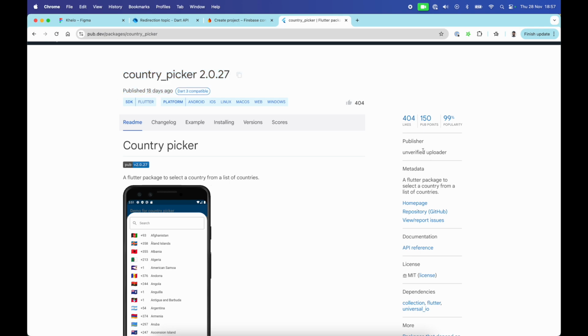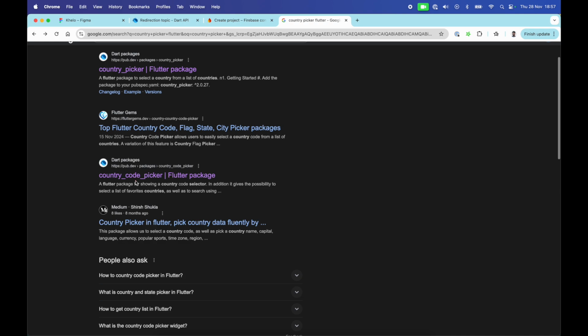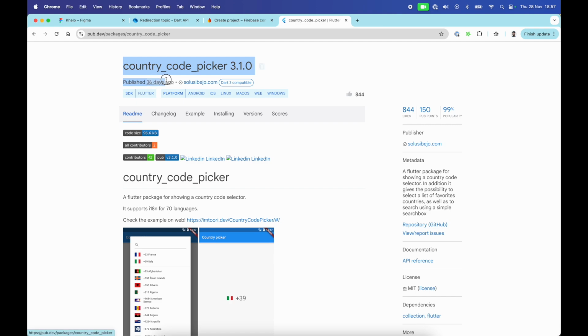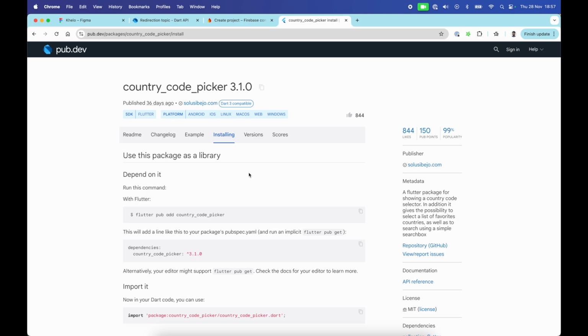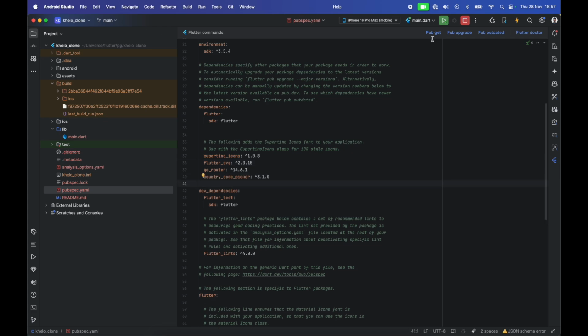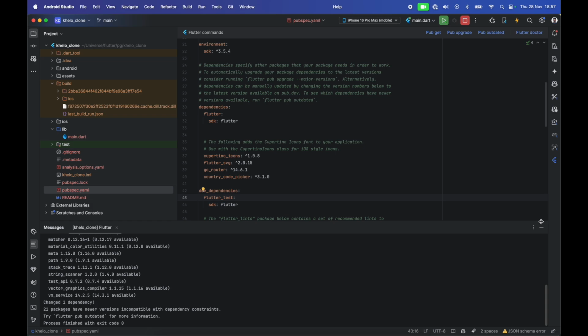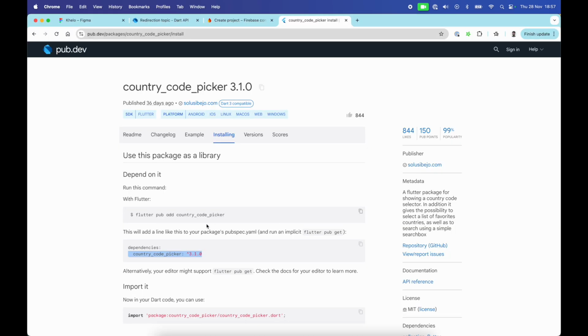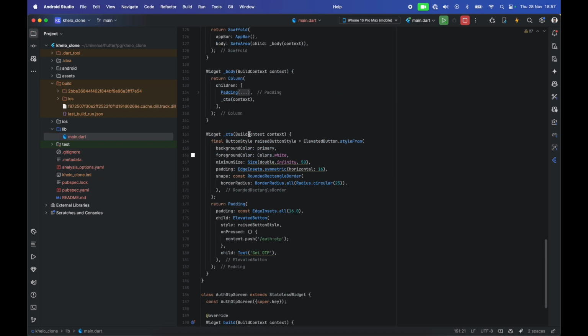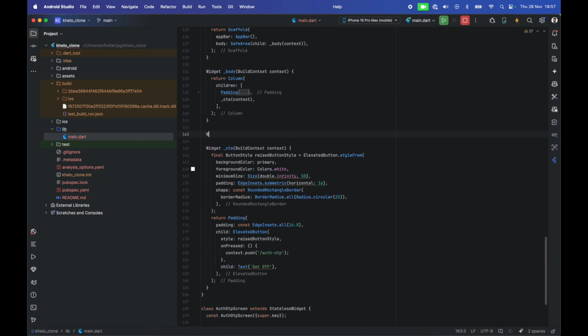But the only worry is that it's an unverified uploader. Let's go with this one. It has 844 likes, and it's also updated just 36 days ago. So if we go to the install tab, we need to add this. Go to your pubspec file and add this. So that is done, and now what we need to do is create a separate method, widget underscore